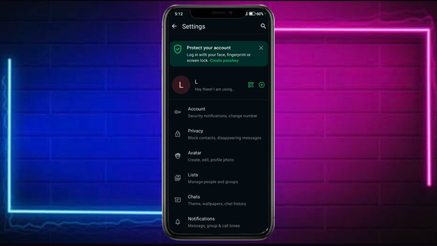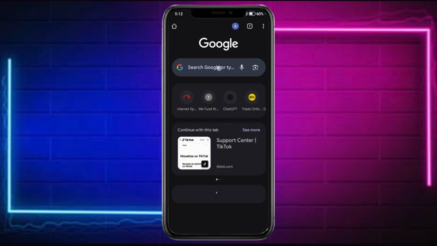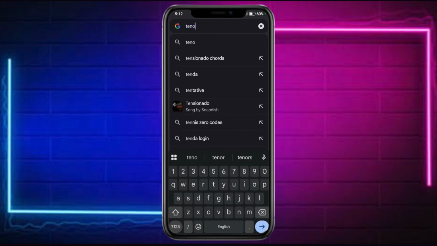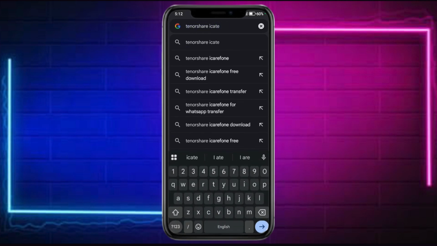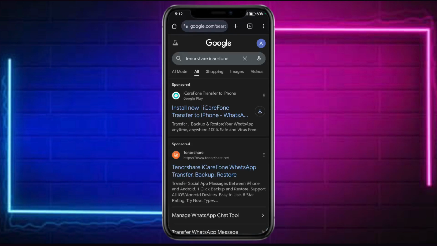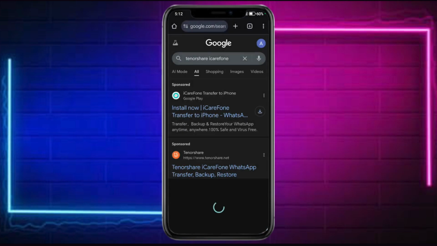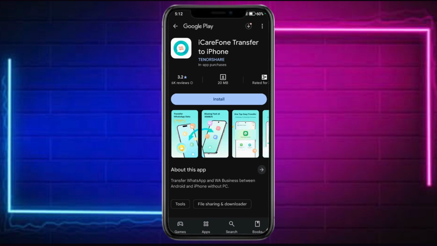the Tenorshare iPhone. Head over to your browser right there, and in there, search for Tenorshare iCareFone, and then make sure to actually install this particular application. And in here, it should allow you to transfer your WhatsApp